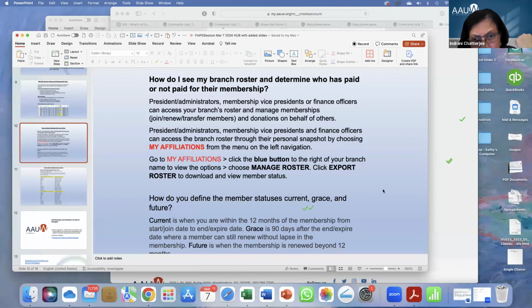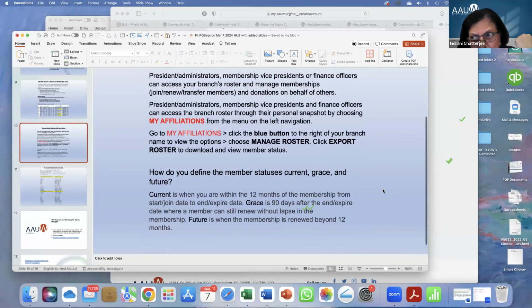How do you define member statuses? Just now we were talking about current, grace, and future. Current means who has paid for 12 months. Grace means a member forgot, but still wants to be an AAUW member. But just a reminder, that grace period is for 90 days. That means 3 months. And future is that